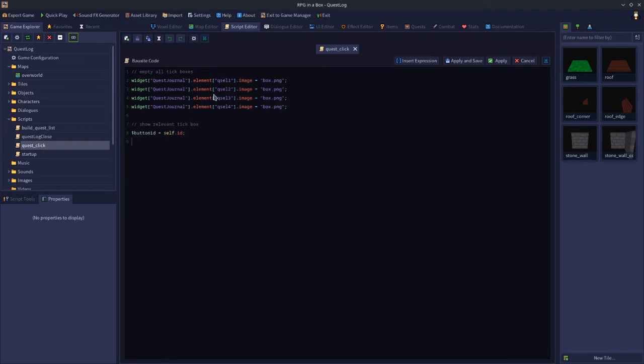What we then need to do is a bit of string manipulation. So what we're going to do is button ID is now going to equal substring, and I'll explain this in a moment, but substring $button ID 5 1. Now, because I'm making a very limited quest journal for this example, a very simple one where it's only got the ability to have 4 quests concurrently,